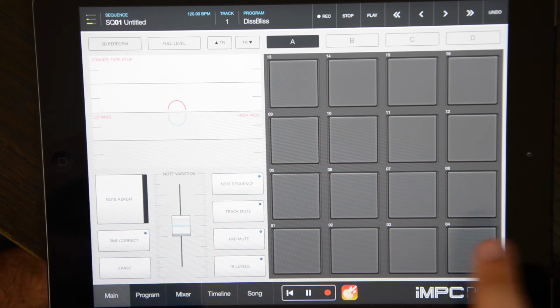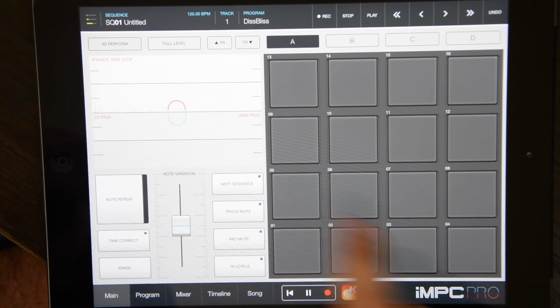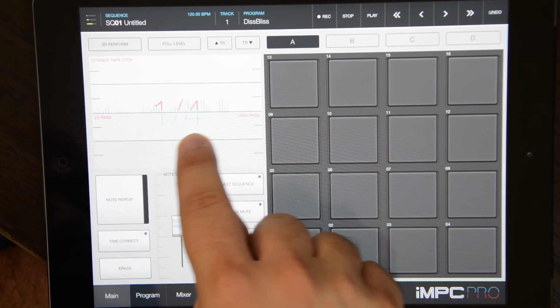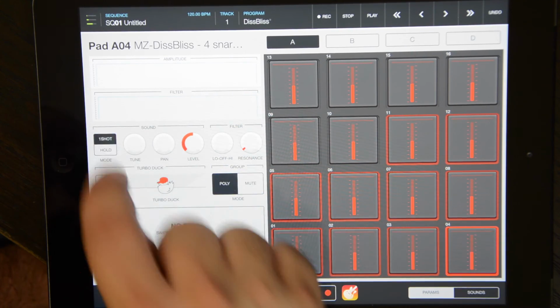You know what might help this little snare drum right here, because it just goes on so far, is if we go into program and set it on to hold.